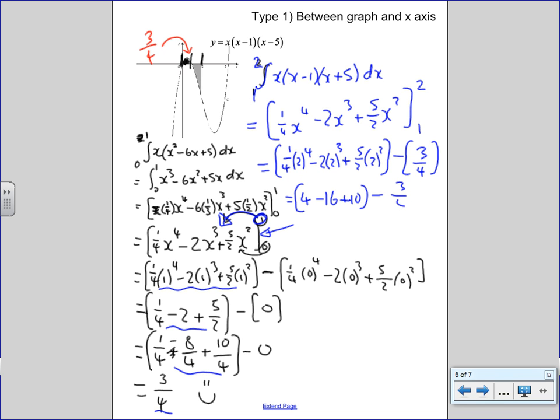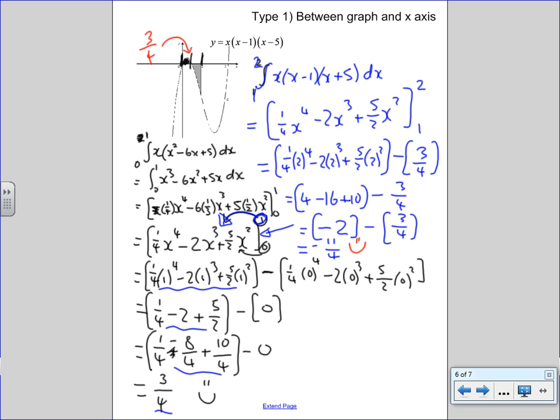Minus 3/4. And that is 4 take away 16 is minus 12, add 10 is minus 2, minus 3/4 is minus 11/4. Is that what the calculator says? That's what the calculator says. Okay, now we are right, and the calculator's right, in terms of just doing an integral, but we're trying to